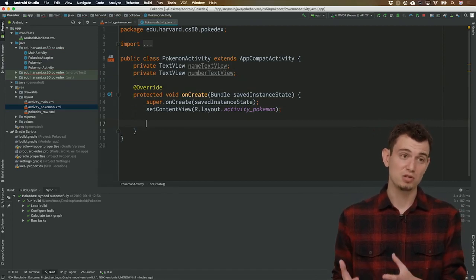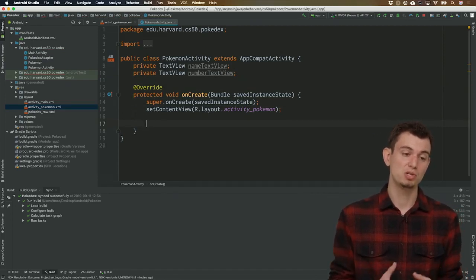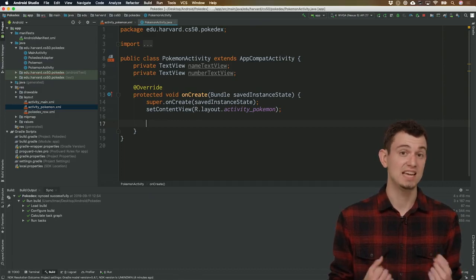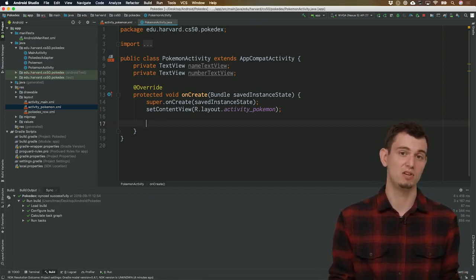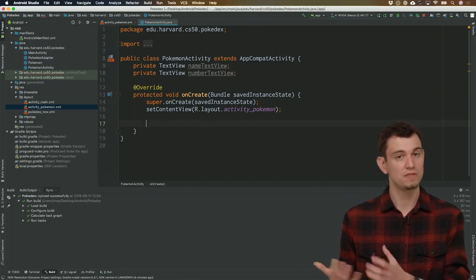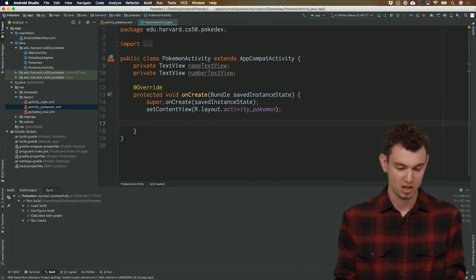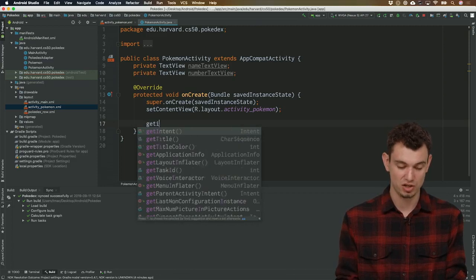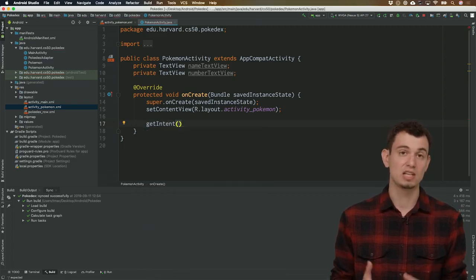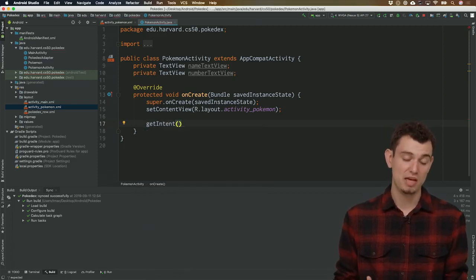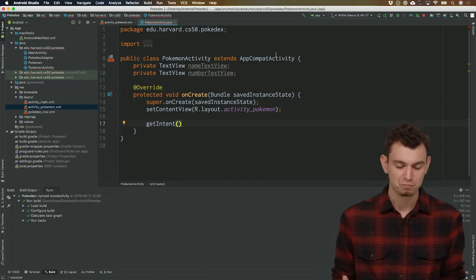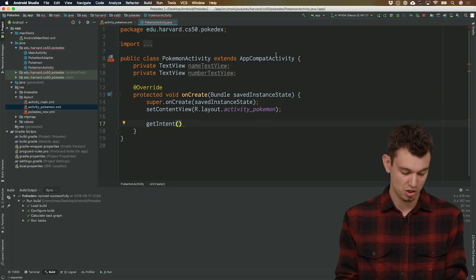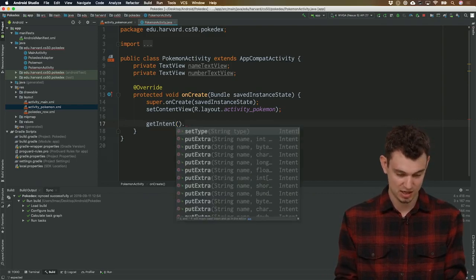To get those values, remember that we're going to use the special object called an intent. An intent is how we're going to pass data from one activity to the other. So let's write this second half first. To get the intent that started this activity, you just have to call getIntent. This is a method that's defined somewhere in AppCompatActivity, and so we can just use it. So we can say getIntent and